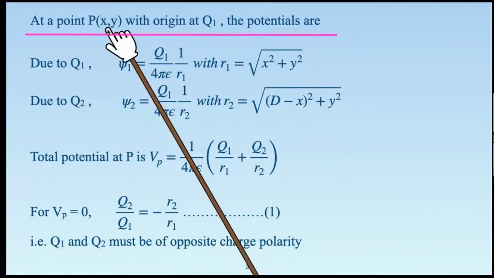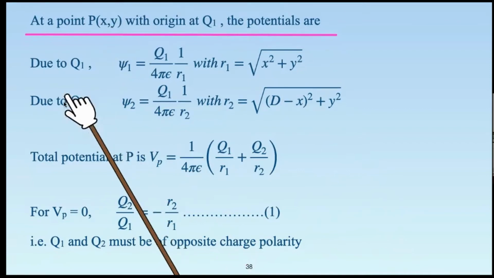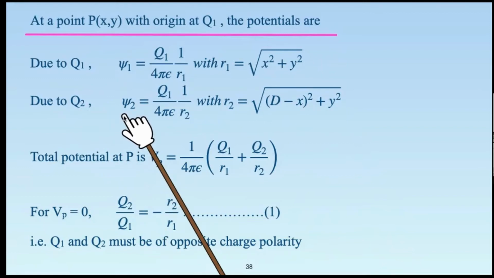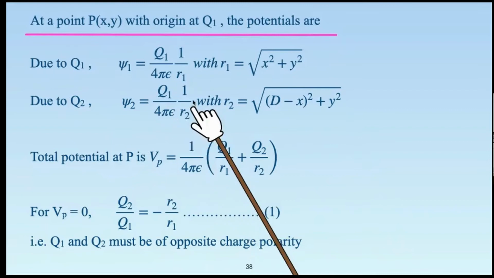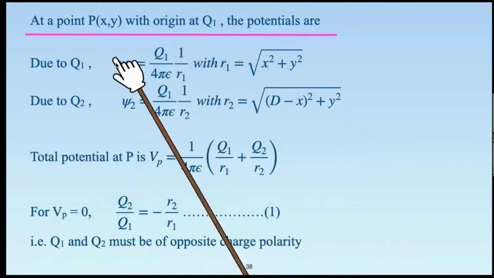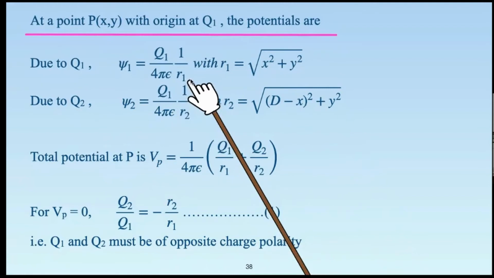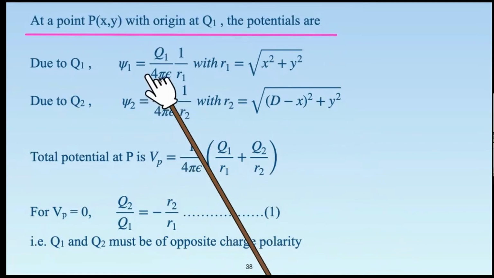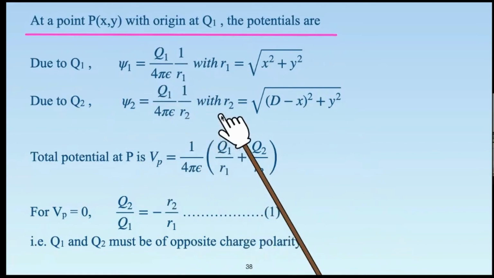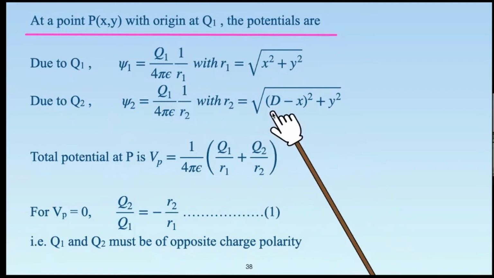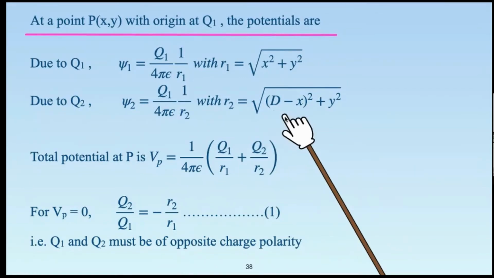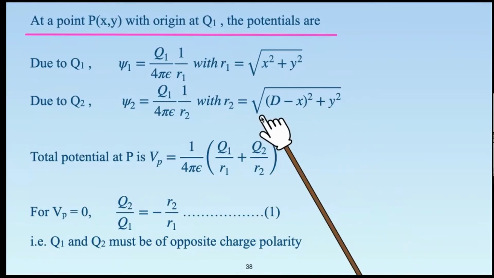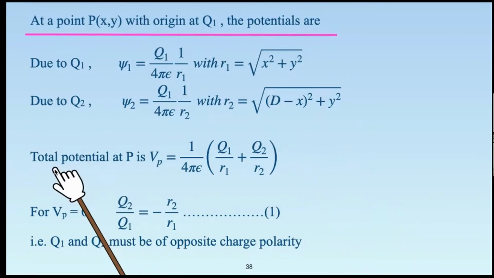Then the potential at point P due to the other charge, Q2, for which we are going to search for a condition for the surface potential to become 0. So psi2 equals Q2 upon 4 pi epsilon times 1 upon R2. These are the basic equations we have just seen for the point charge. That's why I told you we need to have a revision of how it is arrived at. So this is the absolute potential 1 upon R1, and absolute potential 1 upon R2. What is R2? R2 can be written from the diagram shown in the previous slide as the square root of (d minus x) whole squared plus y squared, by using the simple Pythagoras theorem.